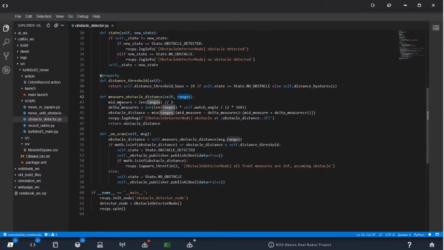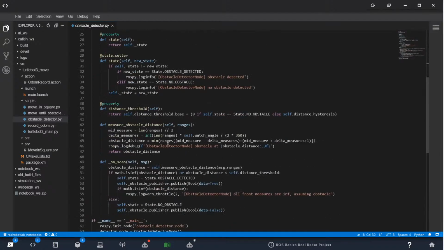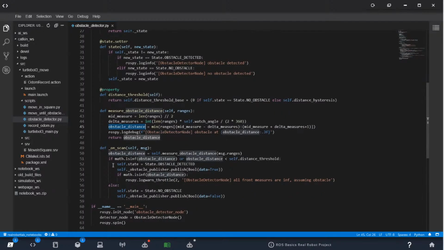So I take the midpoint of that range, and at the top I said I have a watch angle of 60 degrees in front of me, so I compute how many LiDAR measurements 60 degrees out of 360 degrees it makes. I read all those ranges, take the minimum, and I say this is the distance of the obstacle in front of me. So yeah, it's simple, but